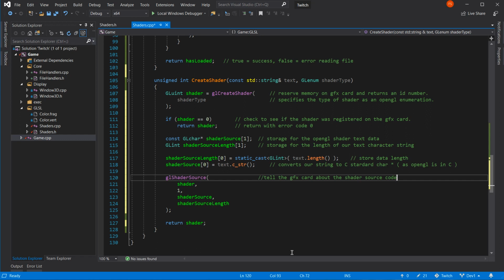What are we actually telling it? The shader's OpenGL ID, which is what that is. In fact, why didn't I call it shader ID? I don't know, because that's what it is.